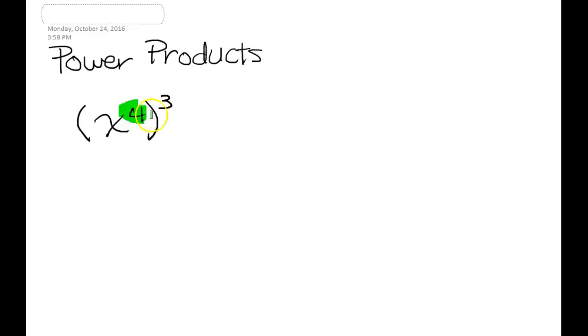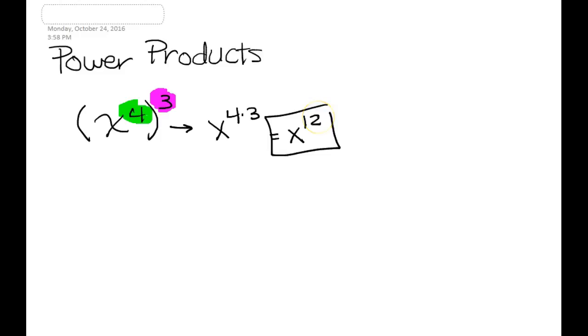So we're taking this little exponent and we are raising it to this other exponent. When that happens, we have to multiply them. So x to the 4 times 3, which means x to the 12th. Okay? Now, the thing that can be confusing about this, you have to do it to everything inside whatever's in the parentheses. So if we have x to the 4th, y to the 7th, z to the 8th, all to the second power,